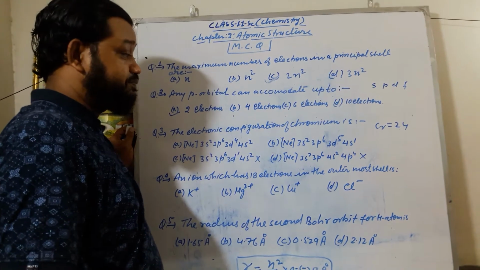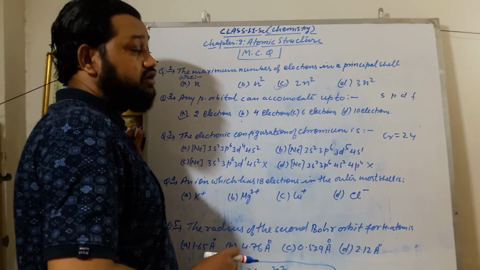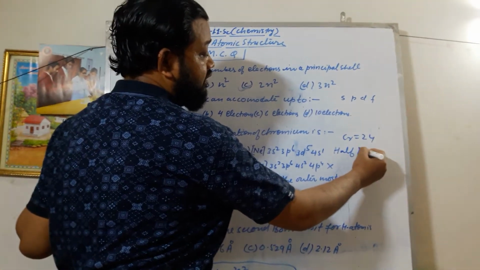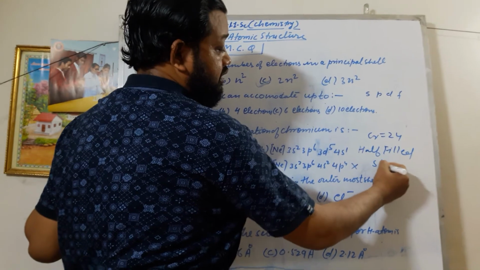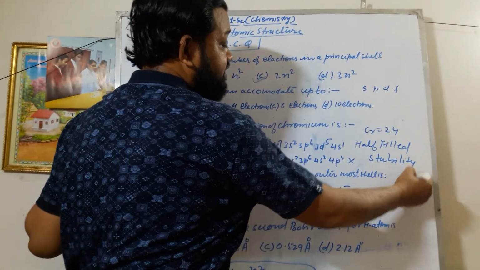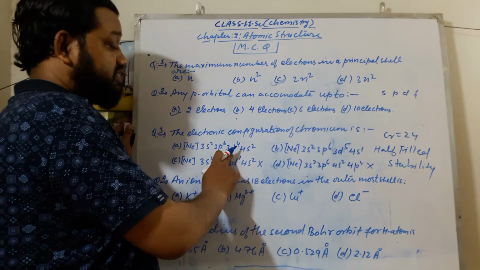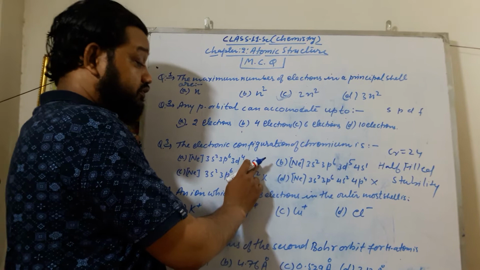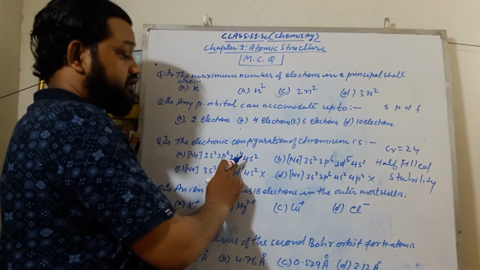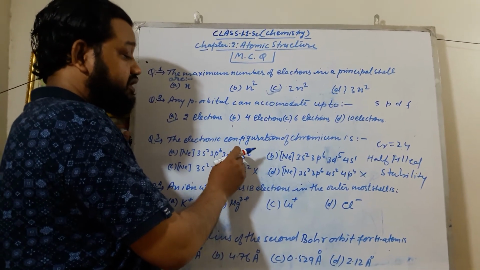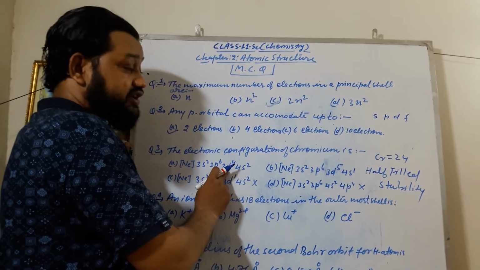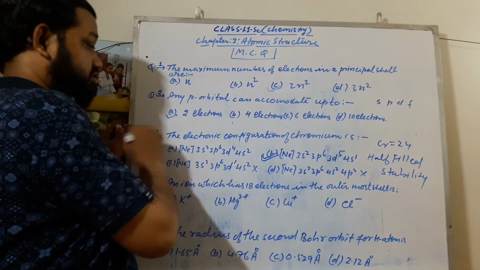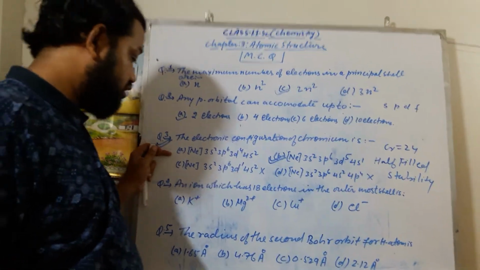Students, we know that for electronic configuration there is a concept called half-filled stability. To follow half-filled stability, chromium transfers one electron from the 4s orbital to the 3d orbital. To get more stability, it transfers one electron from the s orbital to the d orbital. Therefore, your answer will be option B. It is a very important question: exceptional electronic configuration.